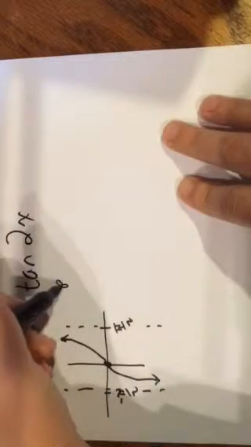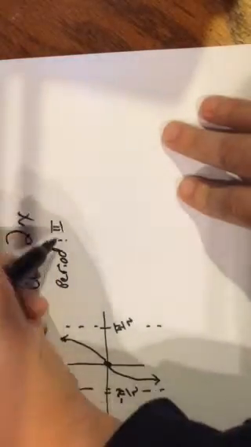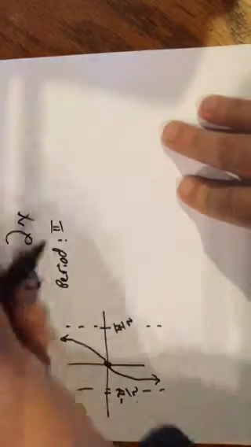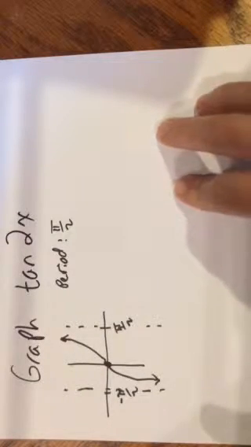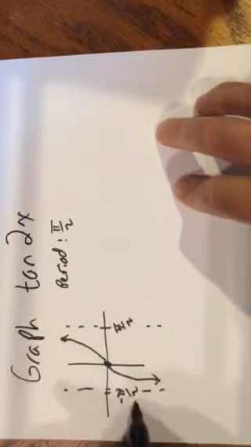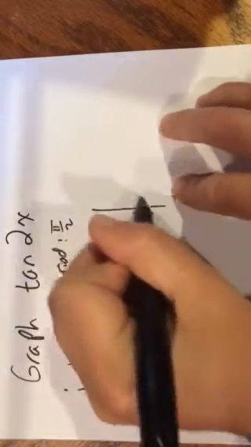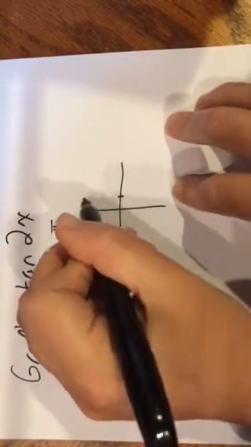In this case, my period of tan is pi, but like cosine and sine, it's going to be divided by whatever is affecting that horizontal stretch or shift. So it's going to be divided by a factor of 2. So my period is going to be pi over 2. And like we did with the last cosine one, I can just divide each part of this by 2 to see where it lies. So instead of having an asymptote at pi over 2, the asymptote's actually going to be